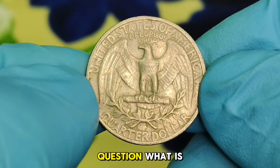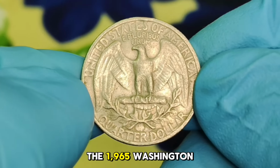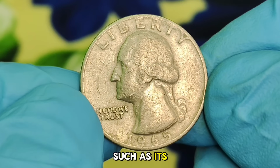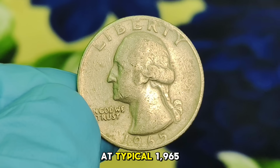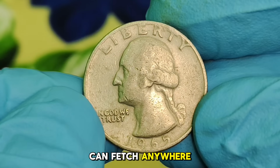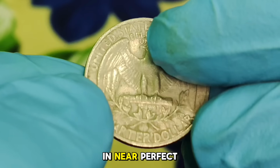Now, the big question: what is the 1965 Washington quarter worth today? Well, it depends on several factors, such as its condition and any unique characteristics it might have. A typical 1965 Washington quarter in excellent condition can fetch anywhere from $170,000, but when you find one that's in near-perfect shape,